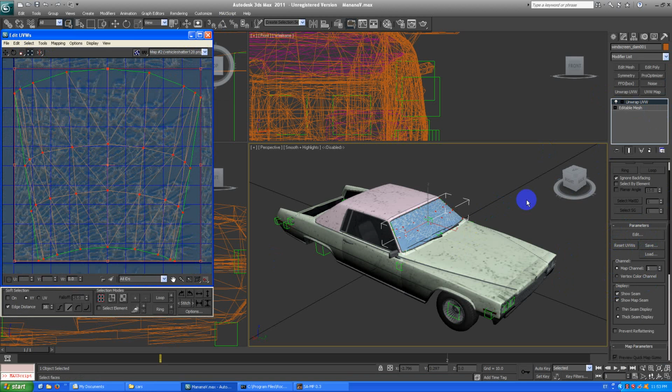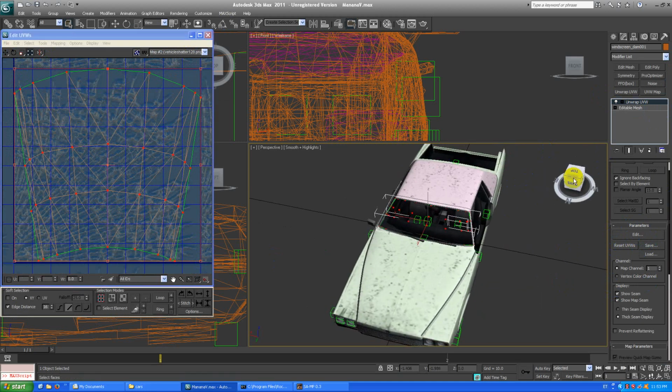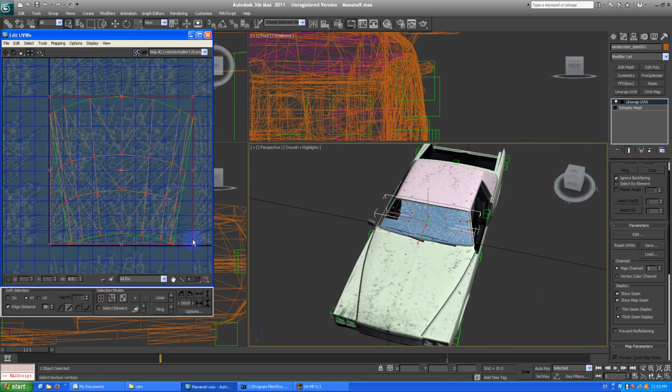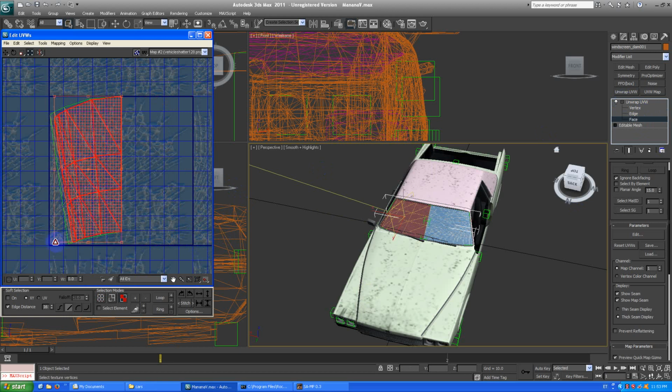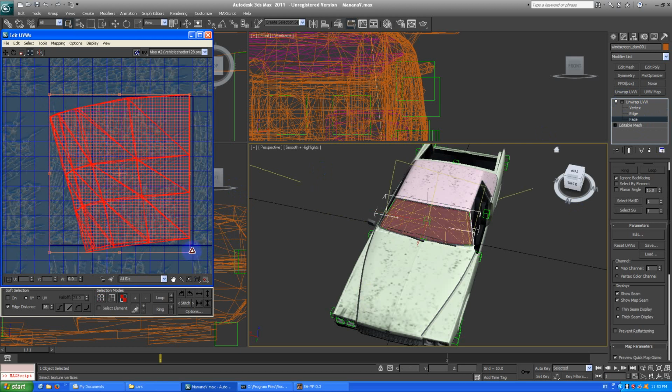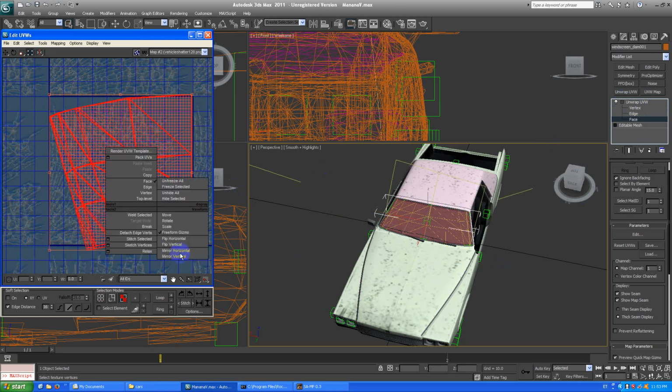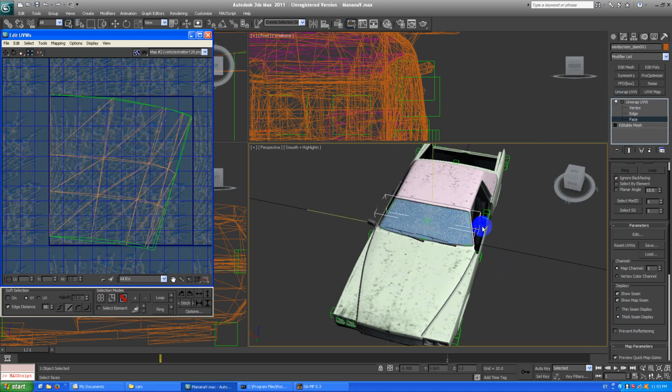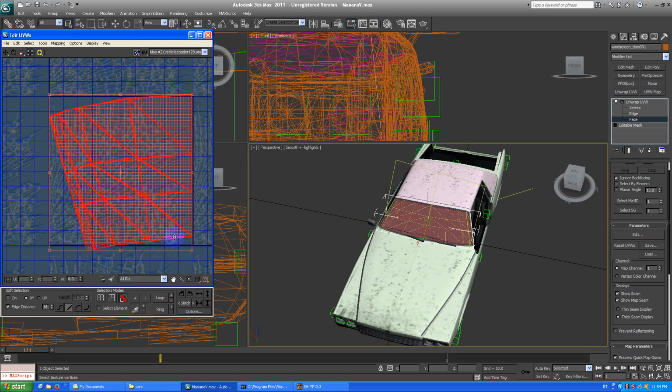So maybe like this, or maybe take half of it, mirror the half like this, and see how it looks like this. Looks bad, so maybe like this. I don't know. You can just decide by yourself which one of them you like the most,